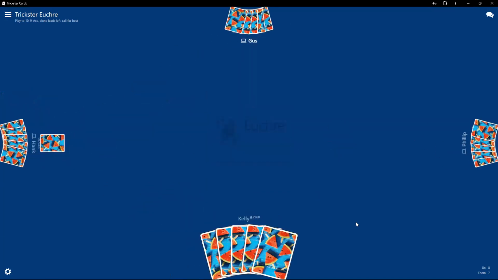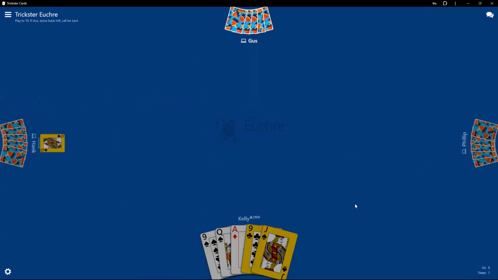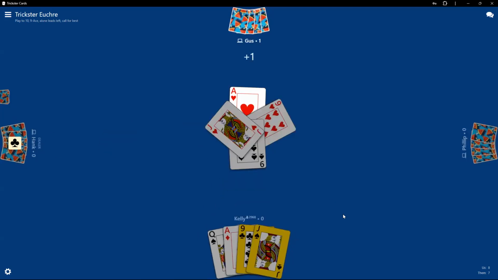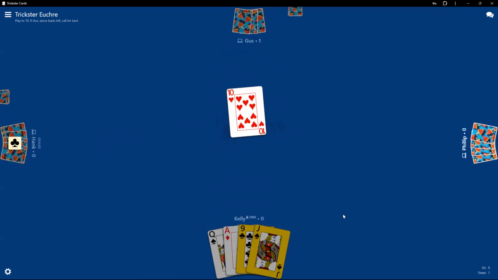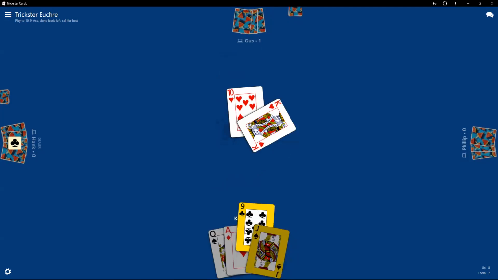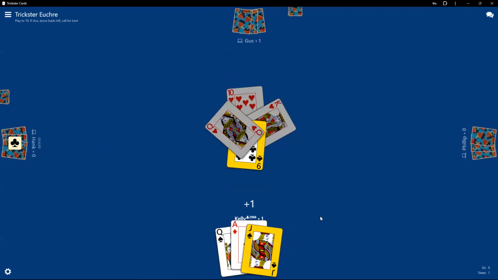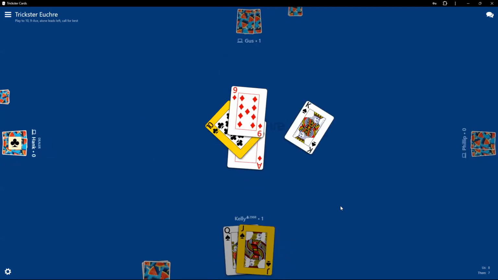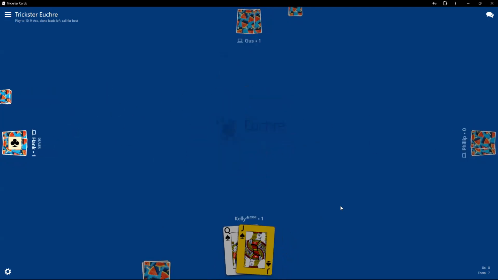So here is where it gets to. I'm more apt to go alone if I'm pretty sure we're going to get 1 point, versus risking them getting a hand or getting a point or even going alone. Definitely going to pass on this. Made it clubs. So I feel confident we're going to stop them from getting 2 points, although I don't have the right Bower. Oh, my partner took a hand. Wow. So, yeah, there's no way in the world I'd play that left Bower. Maybe I should have played the left Bower.